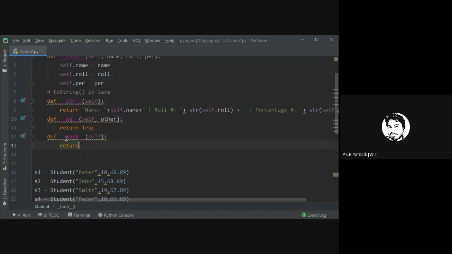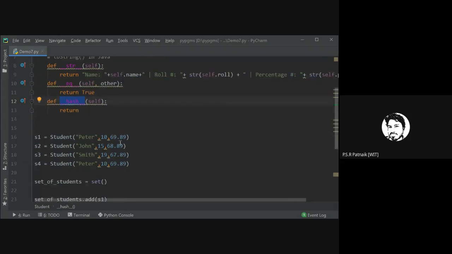What I told you is every object in Python has a unique value associated with it called the hash value. When we create an object, it has some memory allocated to it, and the system by default assigns a hash code to it, based on its own logic. So every object has its own hash code, based on some standard internal algorithms.